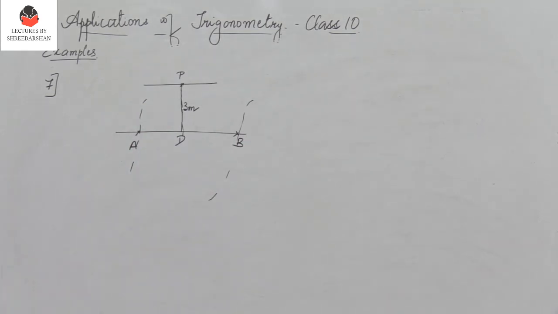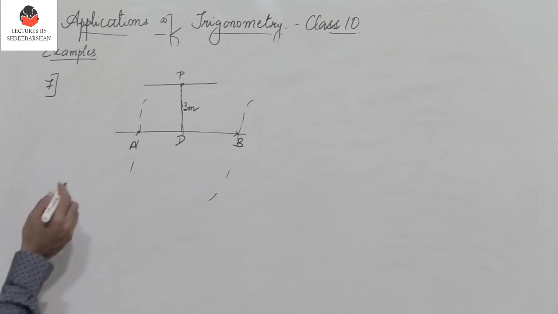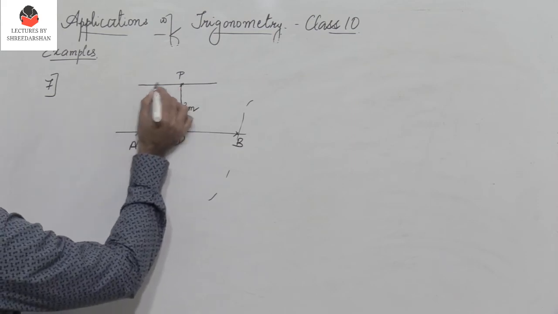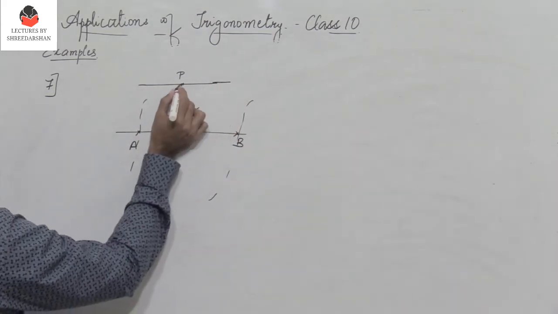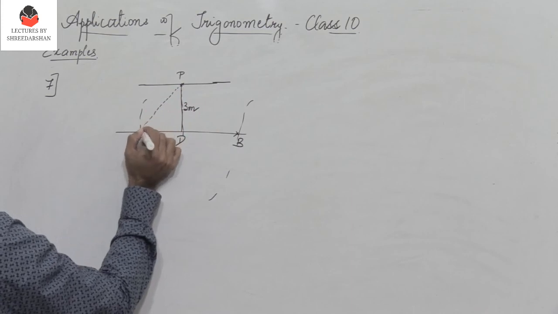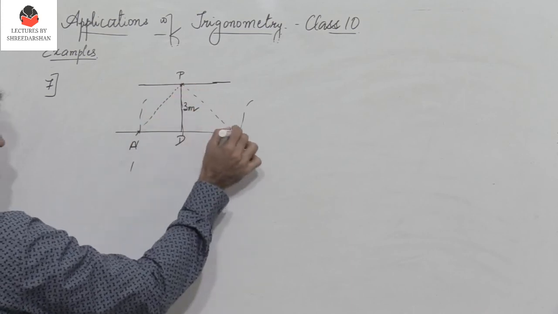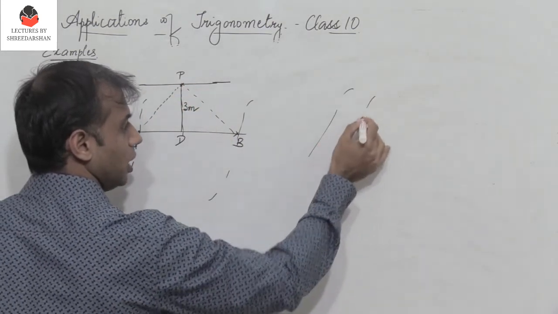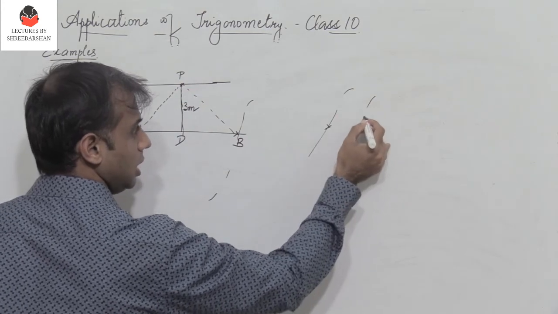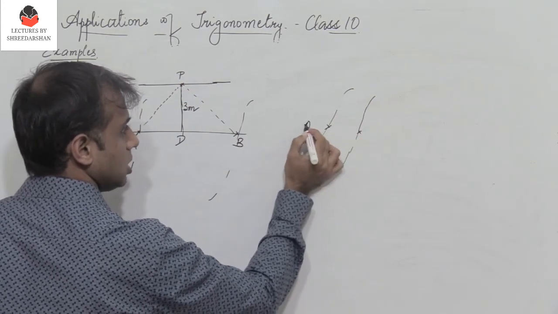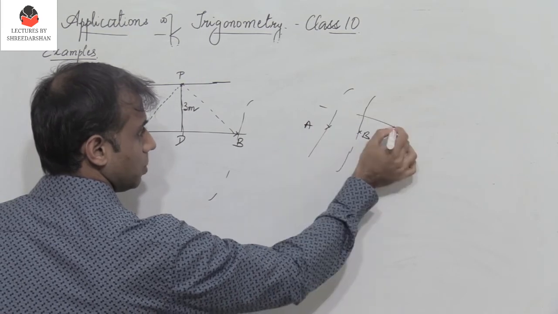And it has been given that the angles of depression of the banks on the opposite sides of the river are 30 degrees and 45 degrees. Okay, so from this point P of the bridge, these are the two banks, isn't it? So what is a bank? A river is flowing. So this is one side, this is the other side. So this is A and B, and there's a bridge on top.